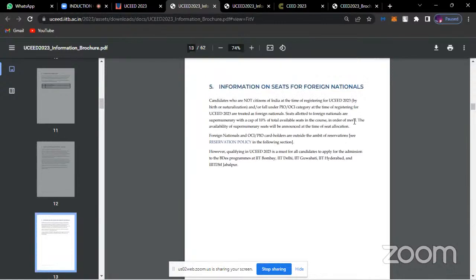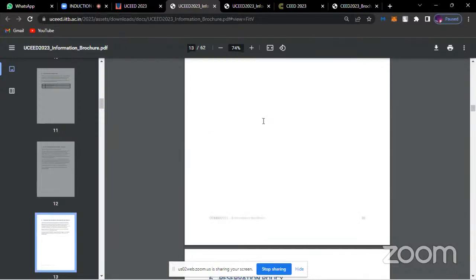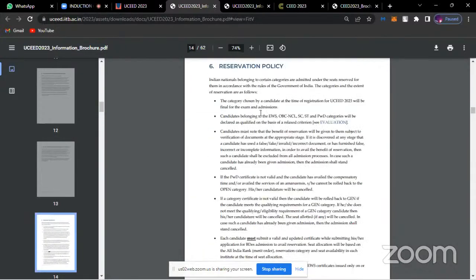Obviously, when you're filling up a form for any government college, you are aware that a lot of reservation categories are also there. It also mentions that just in case you were not born in India or you're not a citizen of India, you are an NRI, you will have to select the option of NRI while doing your registration and give the necessary documents for it. These are the reserved categories that are being announced over here.